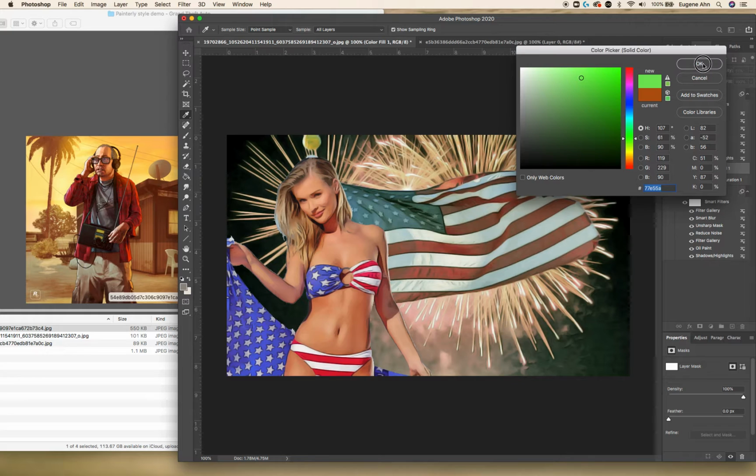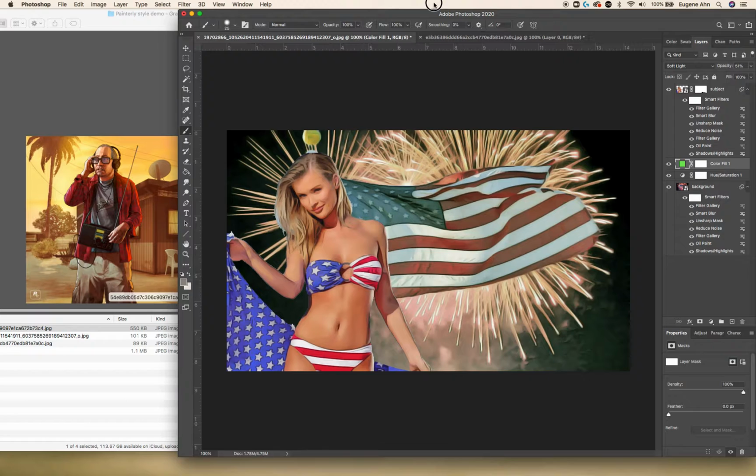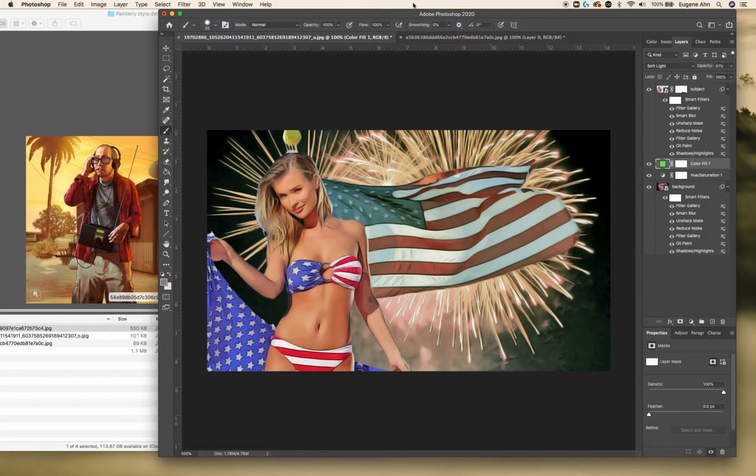All right, it's good enough for now. The great thing about this being an adjustment layer is I can just go change it. All right. A couple things at this point. One, I did mention that I want to bring back some detail into the face, so I will bring the original source image back into this composite. The other thing that I'm noticing right now, as I see this composite in this state, is that